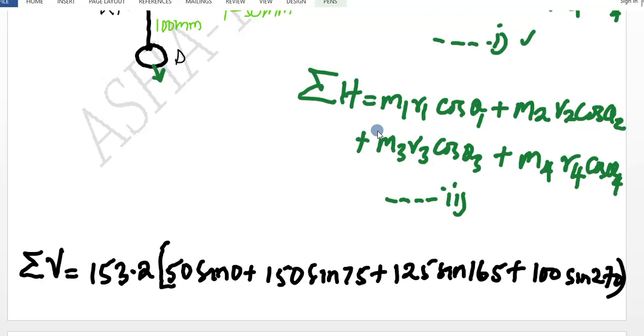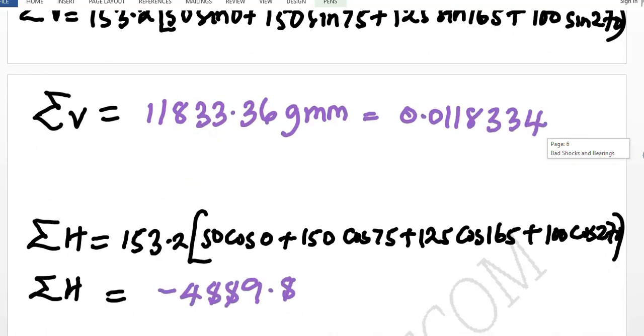Now, if I substitute in the values that are given for mass, since the mass of each hole is a constant, I will put it out, and let me consider it in grams. So 153.2 into 50 millimeters sine 0. The angle A makes with the horizontal is 0, therefore I will say it is sine 0 plus 150 sine 75 plus 125 sine 165 plus 100 sine 270, and this would give me a value that is equivalent to